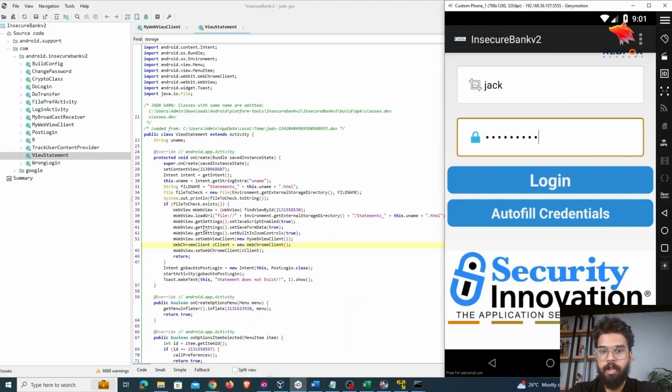Next one is actually related to WebView implementation. So this vulnerability is actually the WebView client being used inside of your application. This is something that is really common in a lot of client applications as well that I have personally gone through. So if you go to the view statement class in the JADX GUI,